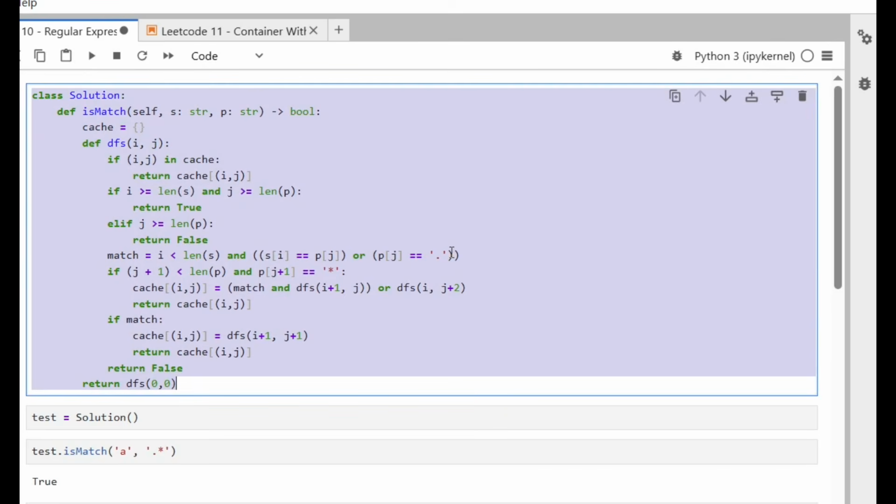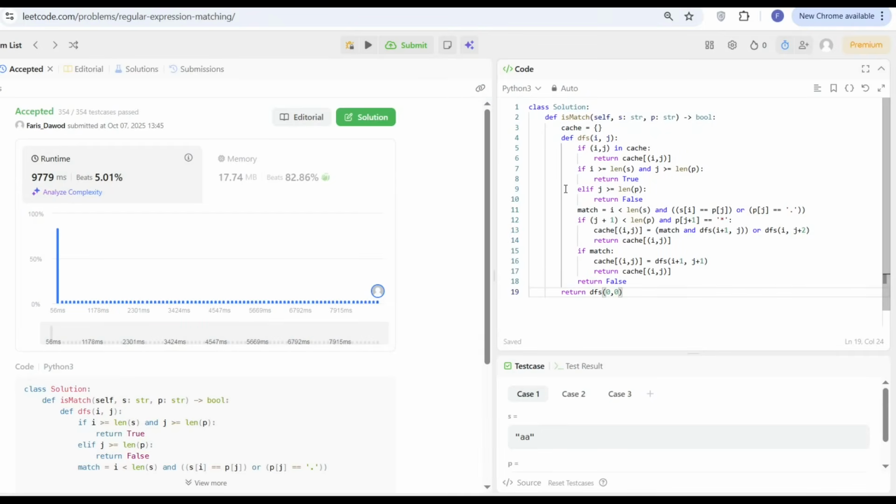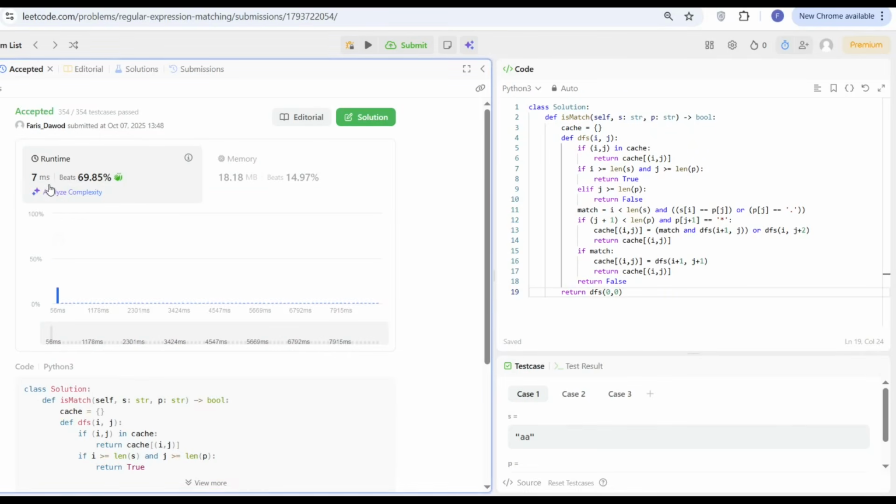So let's test it in Leetcode. I paste the code here and let's submit and see, from 10 seconds to 7 milliseconds. You see, it's very fast. If I submit again,